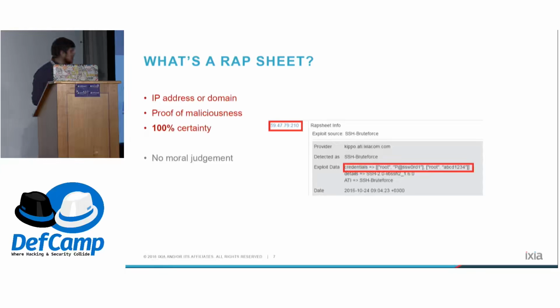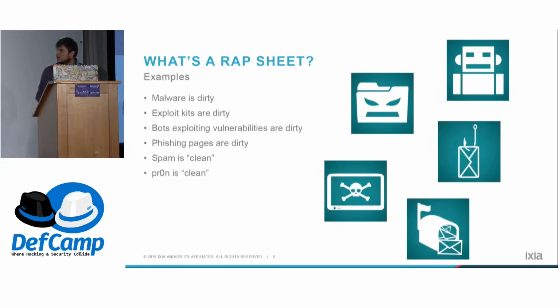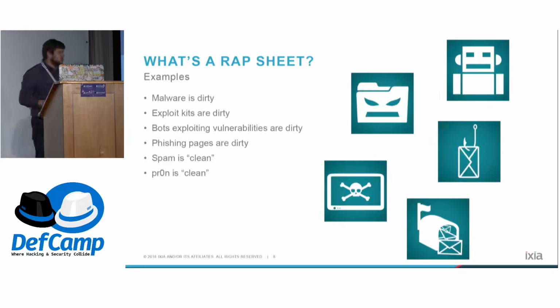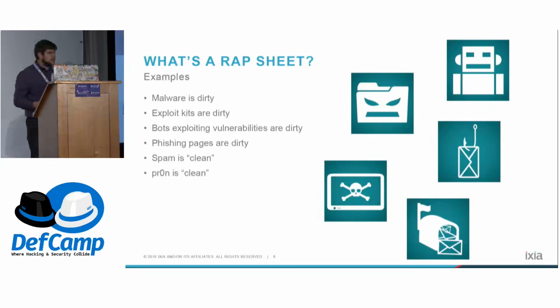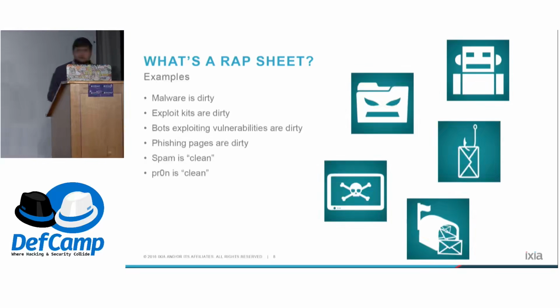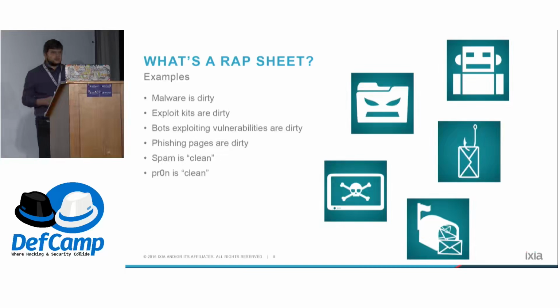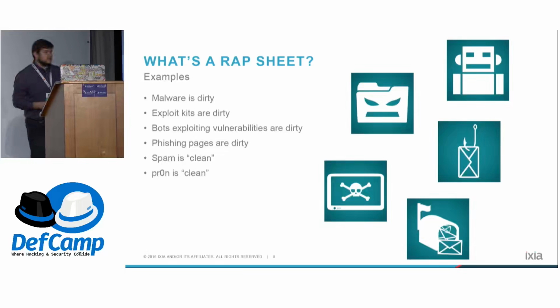One thing to understand: we're not doing any sort of moral judgment when talking about maliciousness. To exemplify, we consider malware, exploit kits, and bots exploiting vulnerabilities to be dirty, phishing is dirty, but spam and porn we consider to be clean. With porn, for example, it's clearly a matter of morality, whether you like it or not. But you might say, hey, spam is being used a lot to propagate attacks. Why are you actually